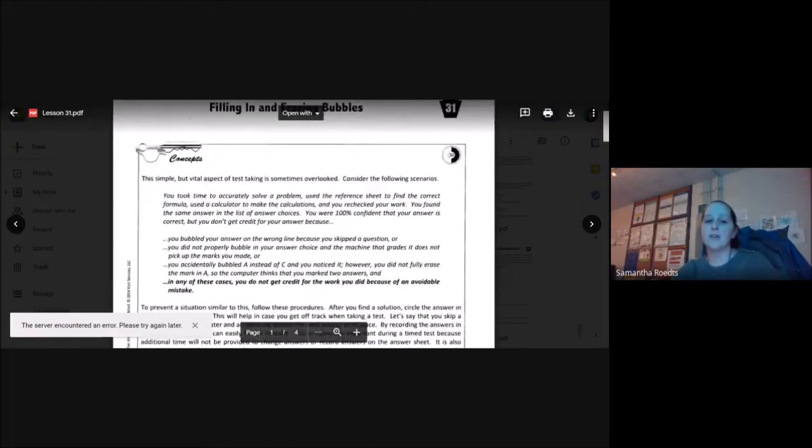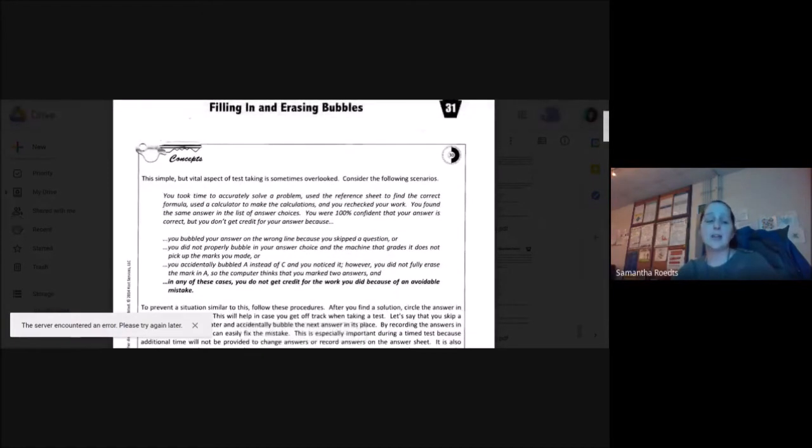Consider the following scenarios. You took time to accurately solve a problem, used the reference sheet to find the correct formula, used a calculator to make the calculations, and you rechecked your work. You found the same answer in the list of answer choices. You are 100% confident that your answer is correct, but you don't get credit for your answer because you bubbled